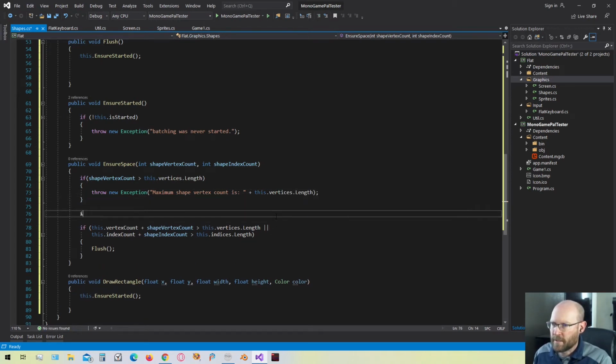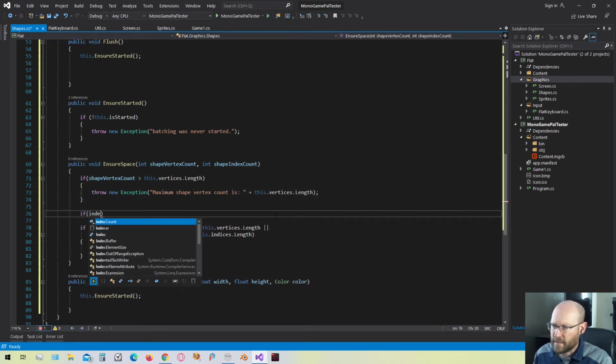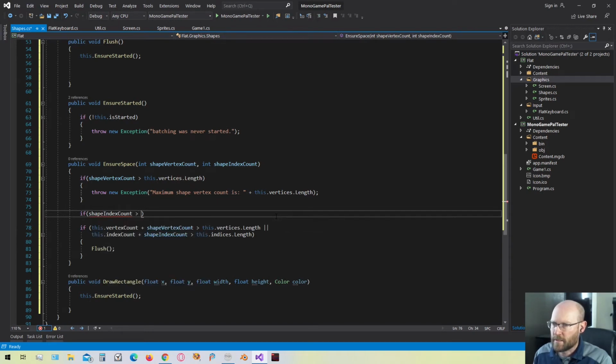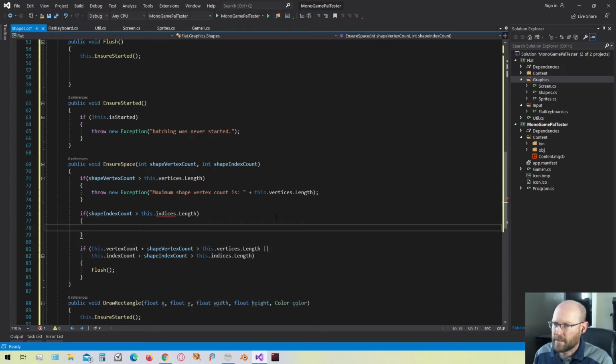And we'll do the same thing for the indices. So if the index is greater than the indices list, we're going to throw the same exception. So let's just copy that, and here we're going to put the index count is, and then